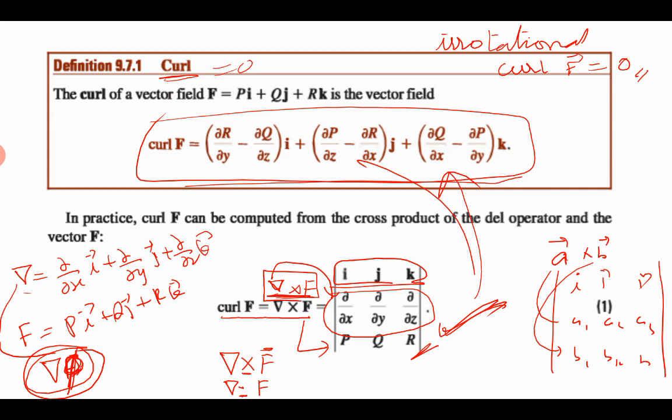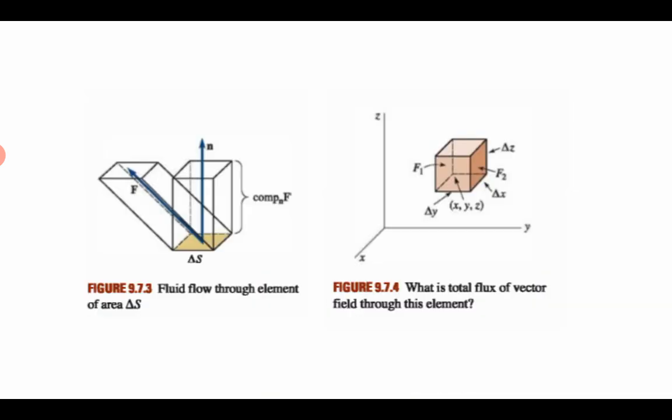Okay, that is it. So the cross product is called curl, and the dot product is called divergence. That is what we are going to find next. So we are coming to the point of divergence. Now a fluid flows through the element of dS. F is the fluid vector function moving through, in the component form of the vector function given here.